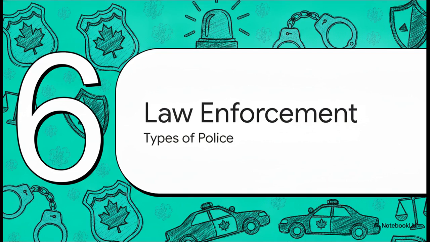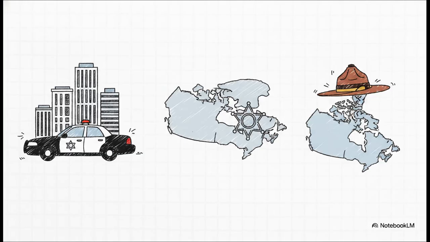Finally, Section 6, Law Enforcement and Police. Let's talk about the different types of police. For the test, you really need to group the police forces into 3 distinct buckets for easy memorization. First, there are municipal police departments, which exist in major urban centers across all the provinces. Second, there are provincial police forces, and guys, this is a massive test tip, so listen up, these only exist in Ontario and Quebec. Finally, there's the Royal Canadian Mounted Police, or the RCMP, which enforces federal laws throughout the entire country.